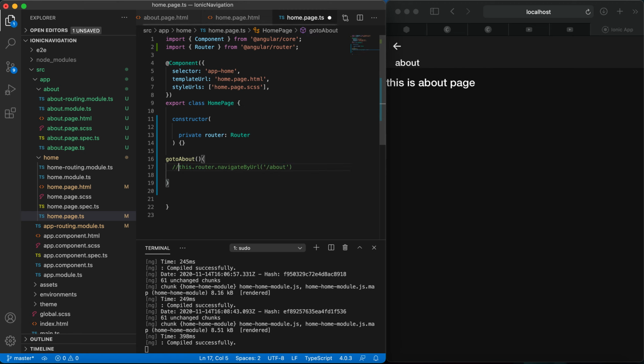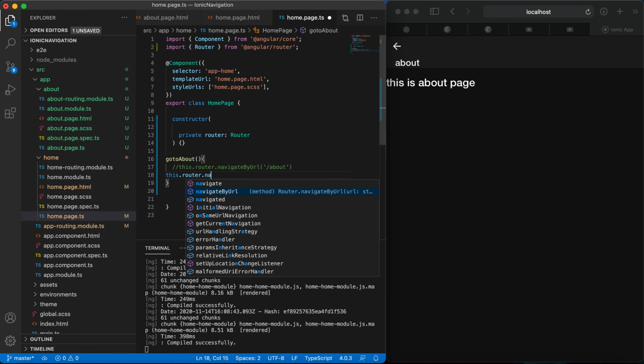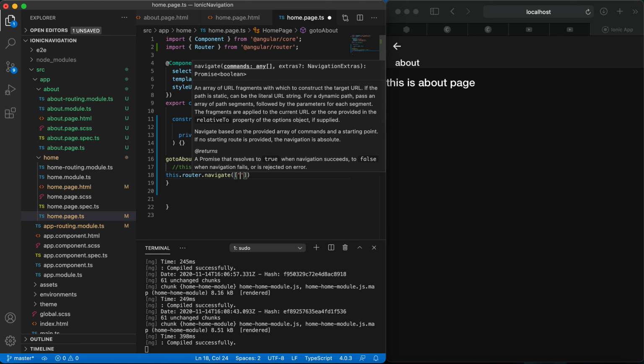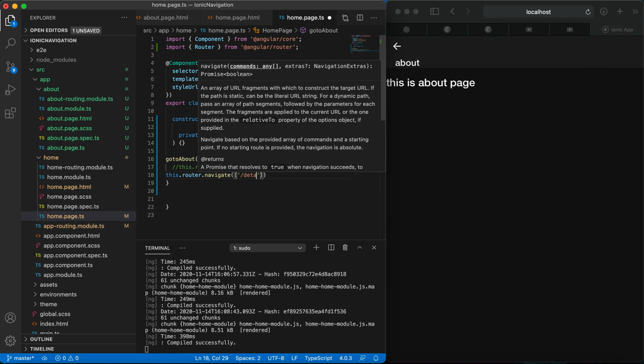Let's comment this, and here mention this dot router dot navigate, and open a square bracket with single quotes, slash about. So we can even mention navigate by URL, or else this dot router dot navigate. Now just save it.